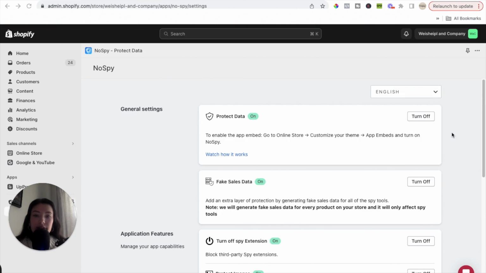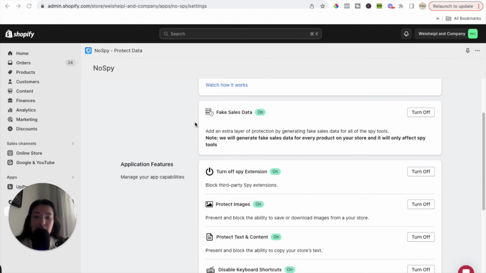So here's everything that this app will do for your website. Of course, it protects all of your website's data, and then if you scroll down, you'll notice this fake sales data. What this does is this app adds an extra layer of protection by generating fake sales data for all of the spy tools. So if someone is trying to spy on your website and they want to see the revenue that your store